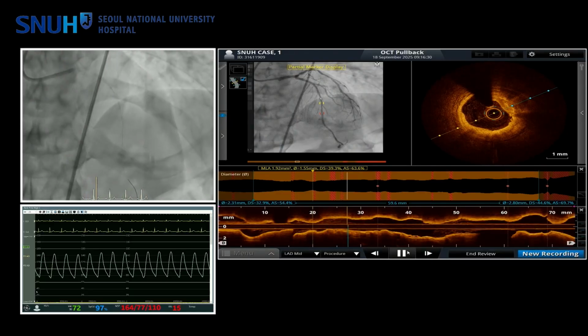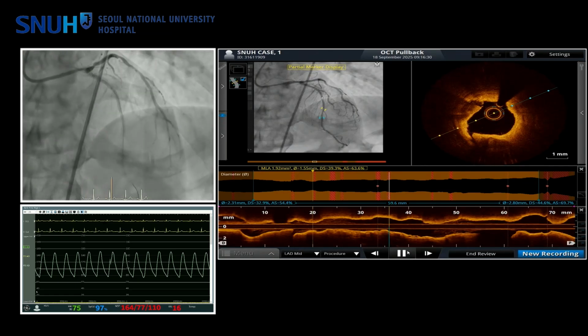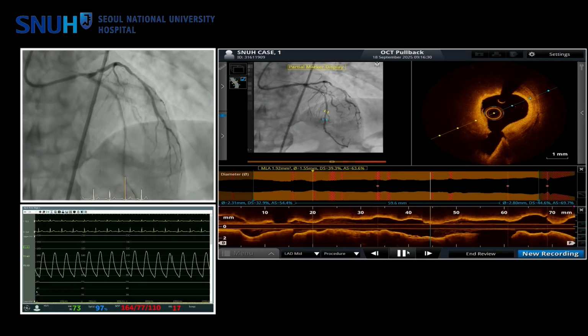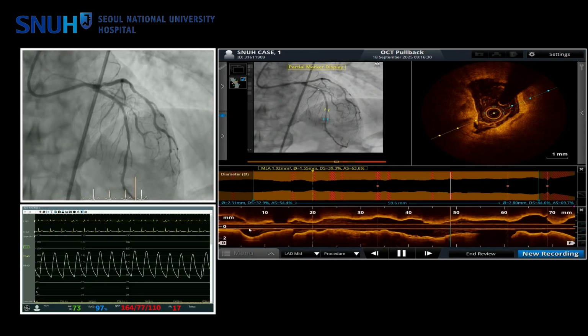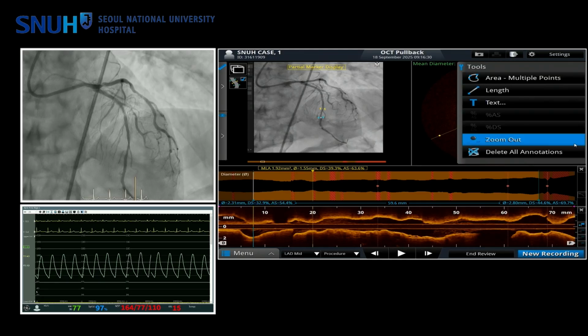And for the LAD, we use a 3.0 Synergy, Boston Scientific. And proximally, we are going to use 3.5 with proximal optimization confined to the left main